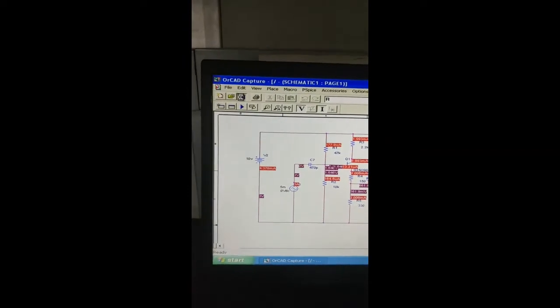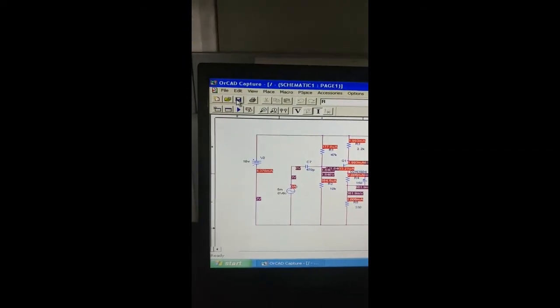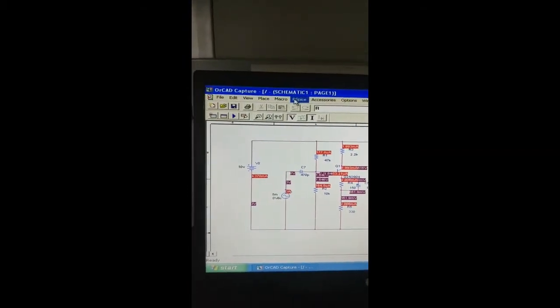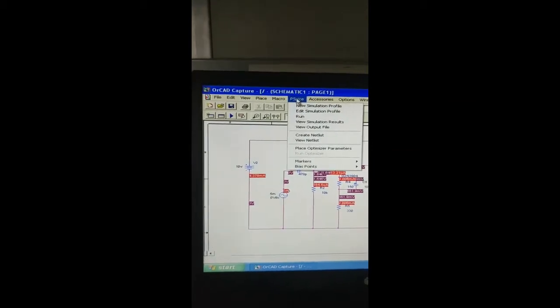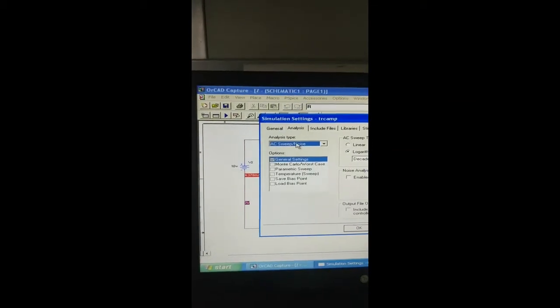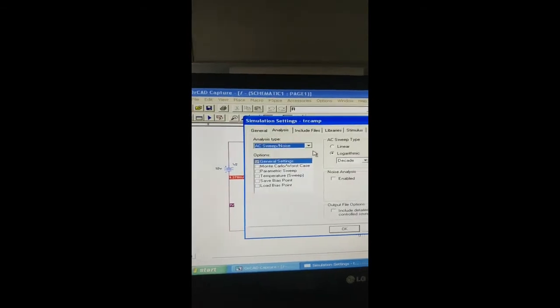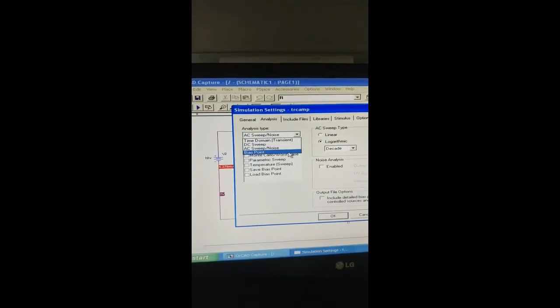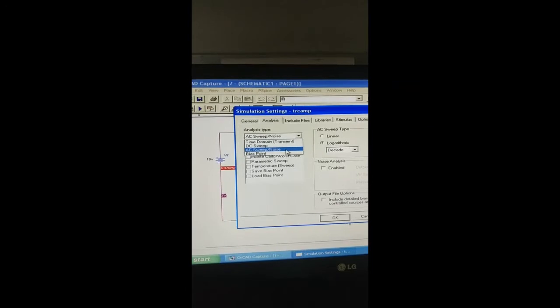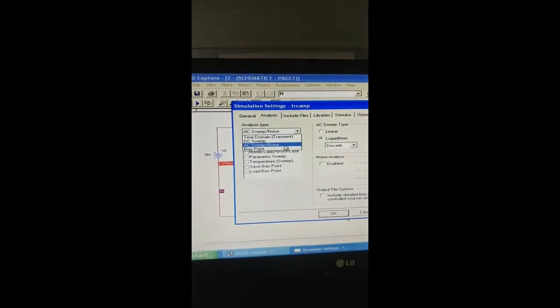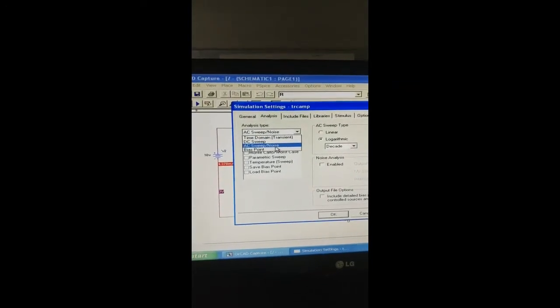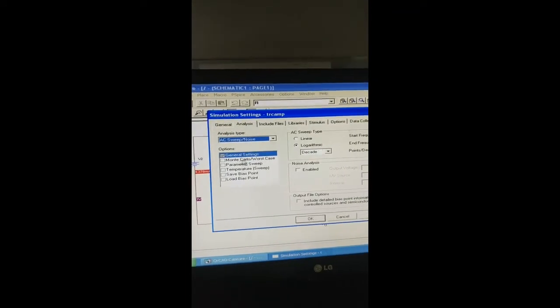After saving it, you need to create simulation settings. So go to PSpice. I have already done this, so I'll just show you. Here, under analysis type, there are different types of analysis, but since we are interested in observing the gain frequency response, we will go to AC Sweep/Noise, general settings.